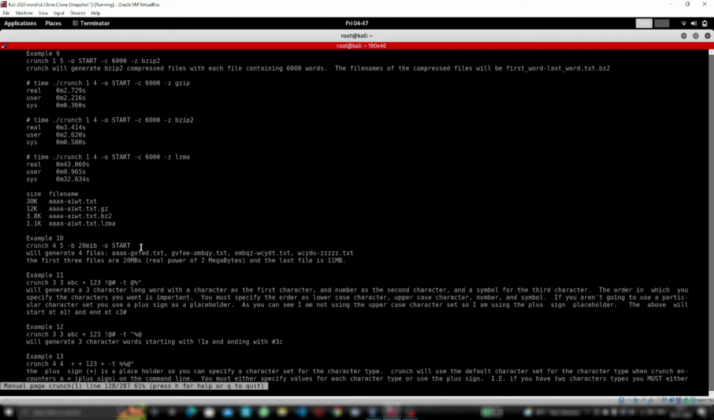So let's come to T. As you can see, they have specified they want a password of 3 characters, and they have specified a lowercase, a number, and a symbol. And they also have given the character set. Like we only want to use ABC plus 123 and exclamation, hash and at the rate sign. So what it will create, it will start from a1! to c3#. Similarly, you can see,